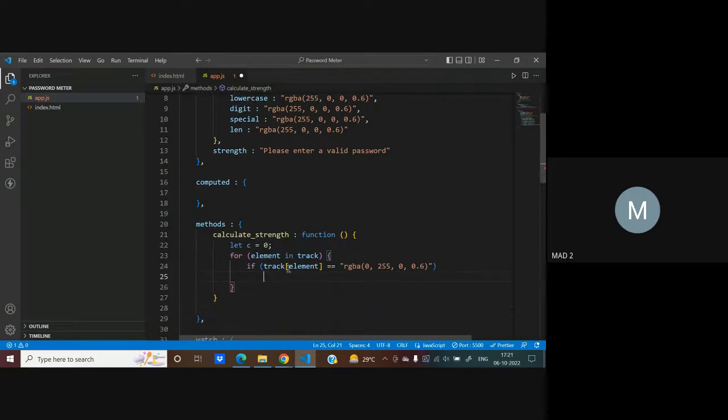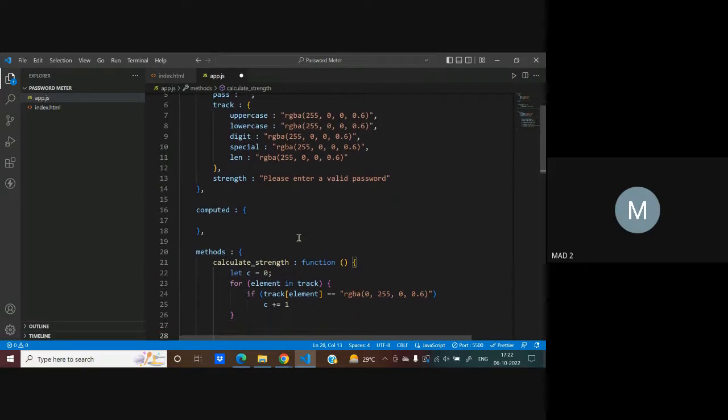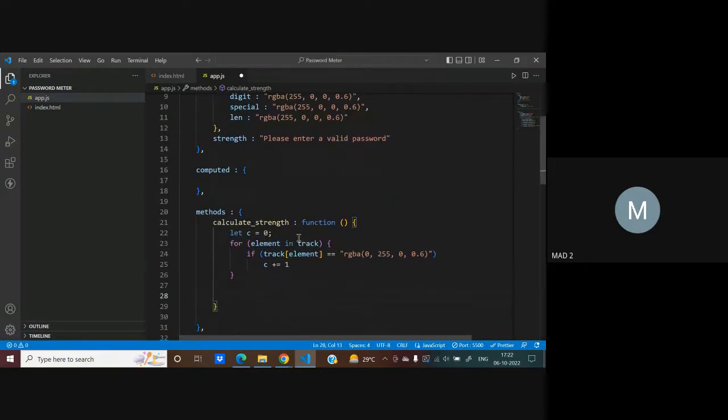Okay. So what happens if any of these conditions is satisfied? We will simply make an increment to the C value. What is the maximum value of C that can be achieved in our case? 5. Exactly, it is 5 because we have a maximum of 5 conditions only. So if all of those conditions are satisfied, the value of C would be 5. So now we can start putting the condition that if C equals 5, then we can say that this